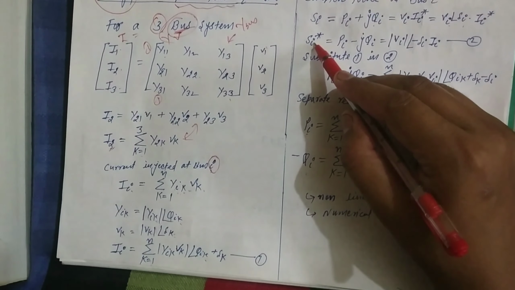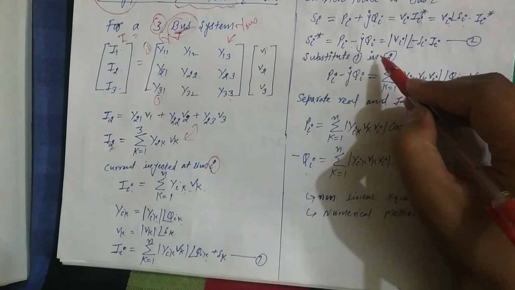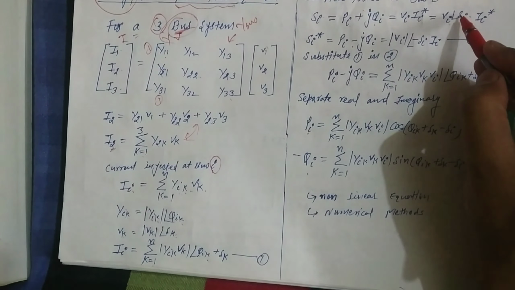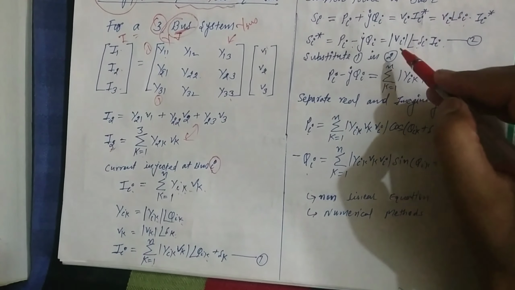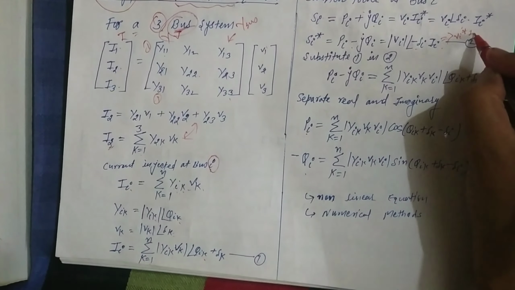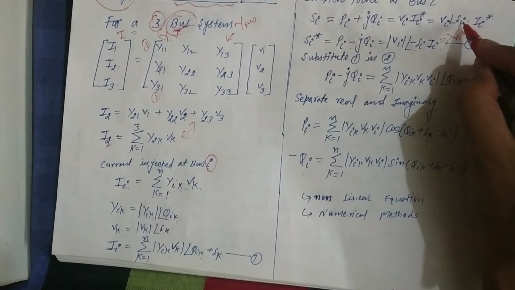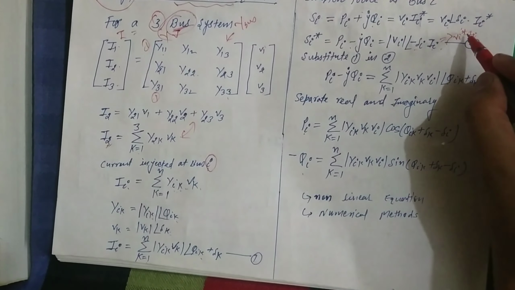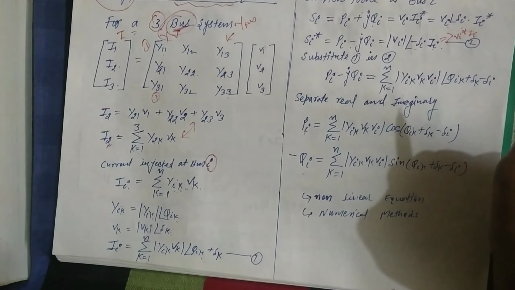If I take the conjugate of the total power, it will change the sign here, and V angle delta will become negative, and I will come. Vi conjugate Ii will come like this. In Vi conjugate the angle will change but the magnitude will not change in the conjugate form, as you already know in mathematics. So Ii will come here.